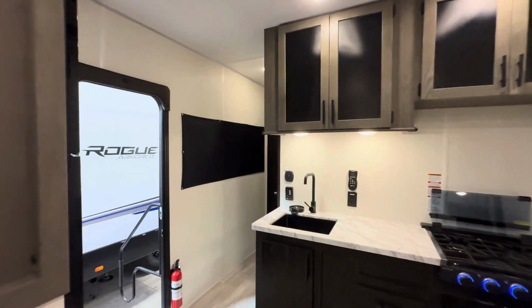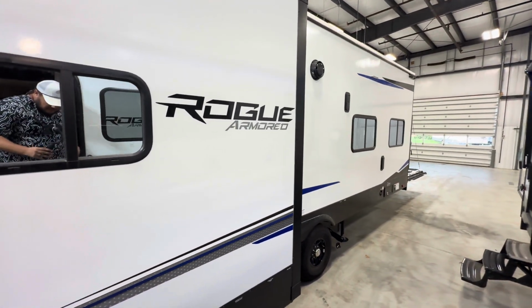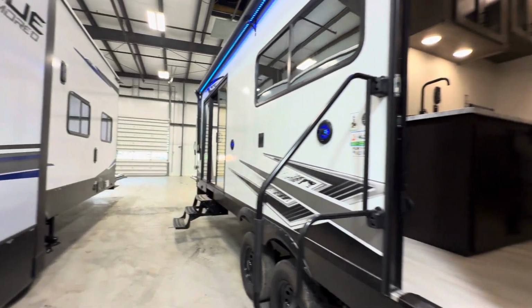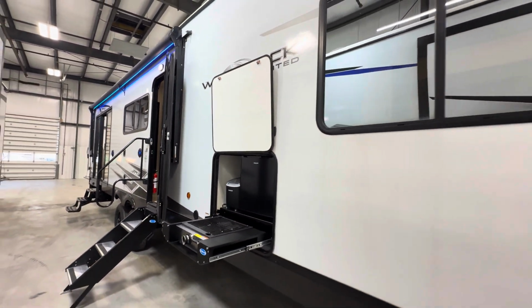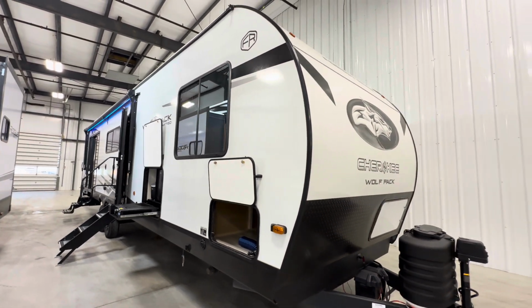But I think this is pretty darn cool. I mean, I don't do too many of these, but I'll tell you, it definitely does seem different. So if you've got a little bit more experience with it, drop a comment and let me know. But again, if I can get this right, it's the 2025 Cherokee Wolfpack Limited